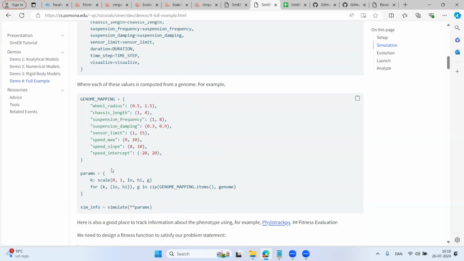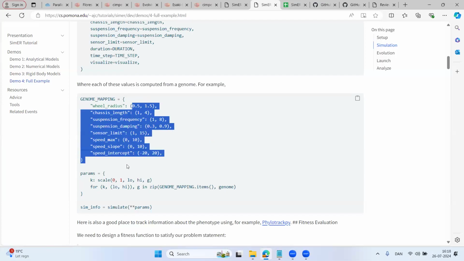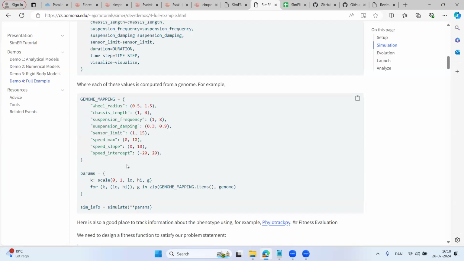So pretty simple. I happen to like using this sort of API. This is a nice way to decouple even an extra step here, which is what are the ranges of my parameters and what are the ranges that are actually evolved. So when I write an evolutionary algorithm from scratch, I almost always just evolve values from 0 to 1 and then map them into the appropriate range later on. Slightly helps with plotting those genomes after the fact. If I always do it in one place, I know that the evolutionary algorithm is always using values from 0 to 1 for all the different genes. And then I know that my simulation is always using the scaled parameters.